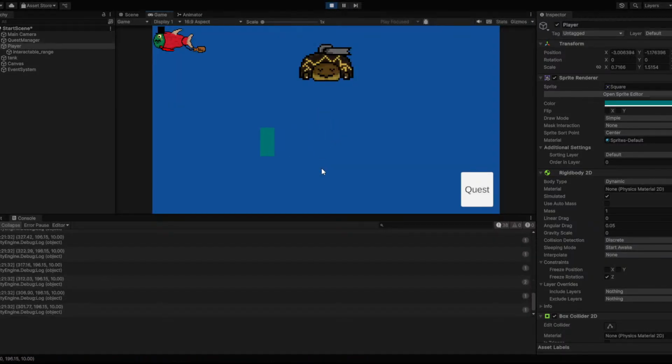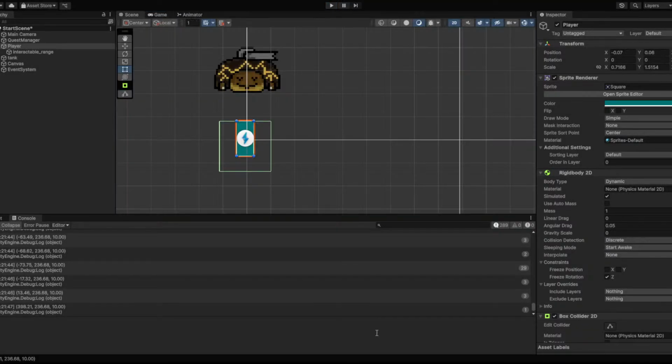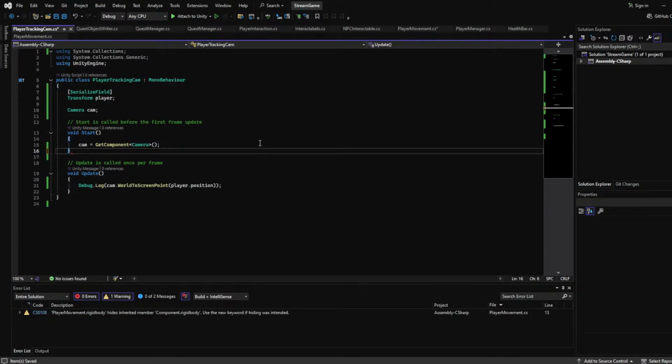Let's first see if this works out. Yeah, there we go. Look at that. It's like 800. And now it's like less than 0. Okay. Cool. Let's quickly see if we can get the thing that